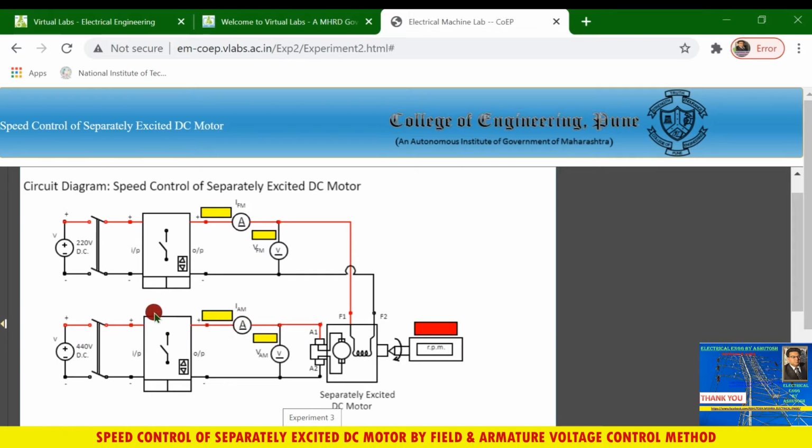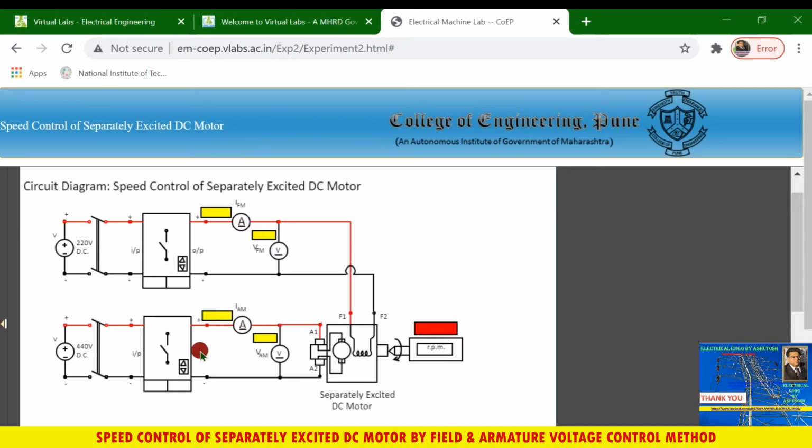This is the variable voltage device through which you can change the level of voltage applied on the armature. This is the DPST switch, and this is the rated 440 volt DC supply which you have to apply, and you have to control the speed of the DC motor.